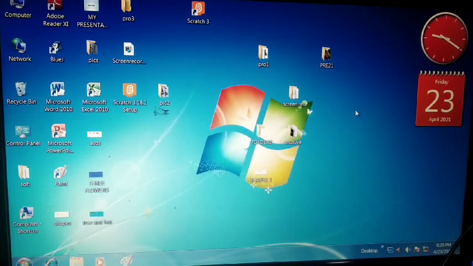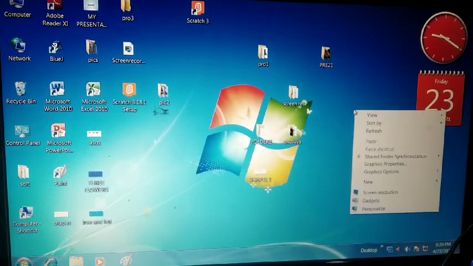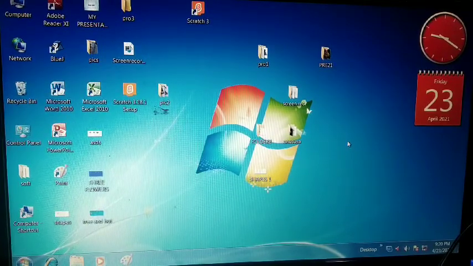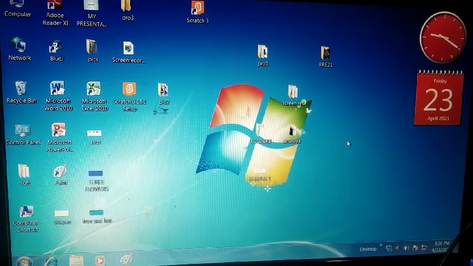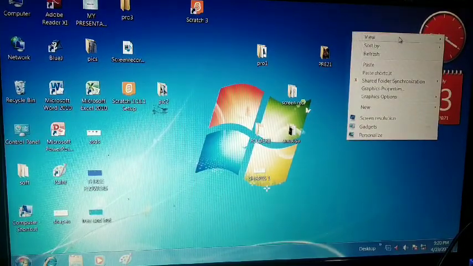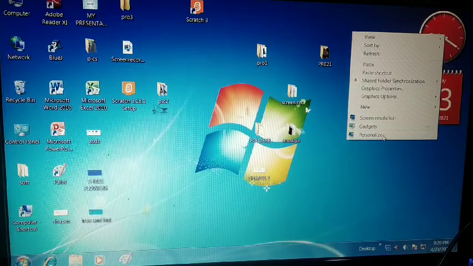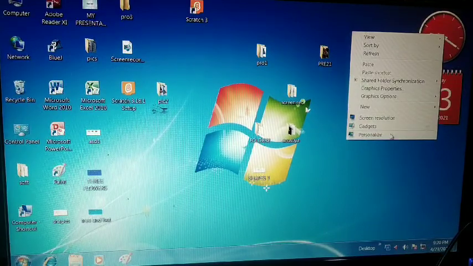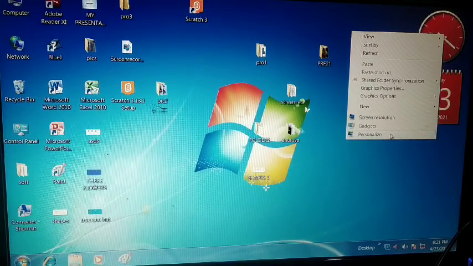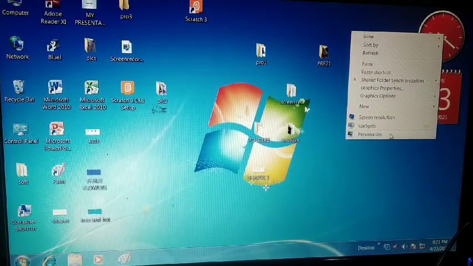To do this, you have to do a right click. Which click? See, this is an empty area, no icon is here. So here do a right click, press the right button of the mouse. Now this is the shortcut menu. You can call it the right click menu or the context menu. Many names are there for this menu.